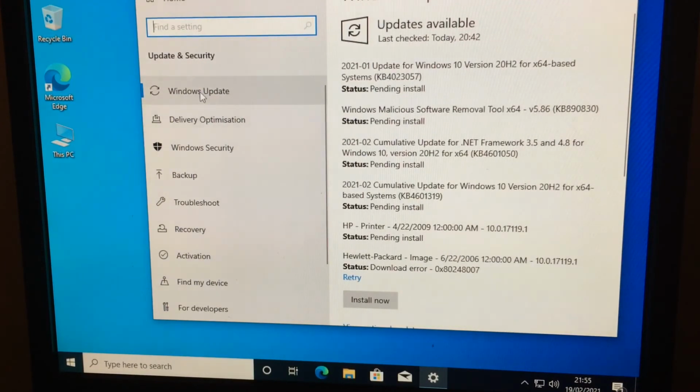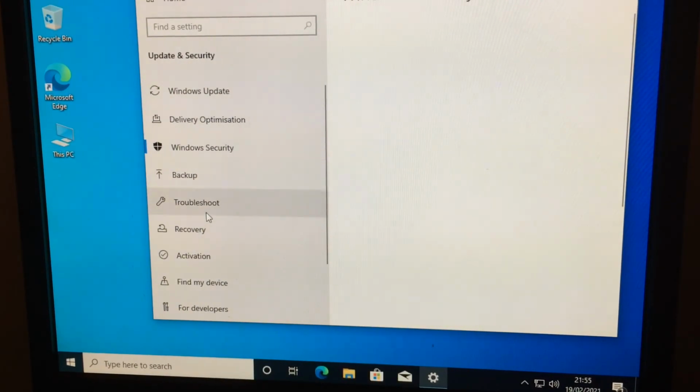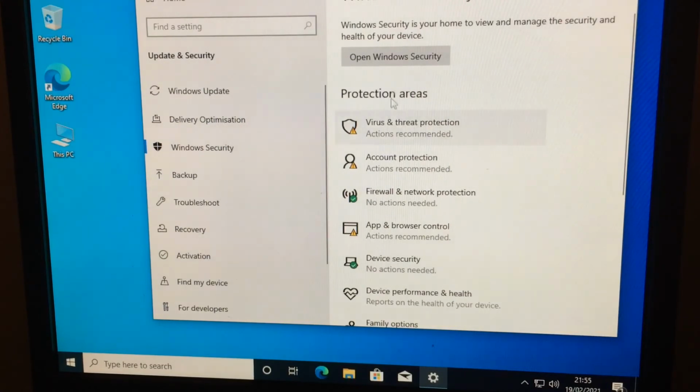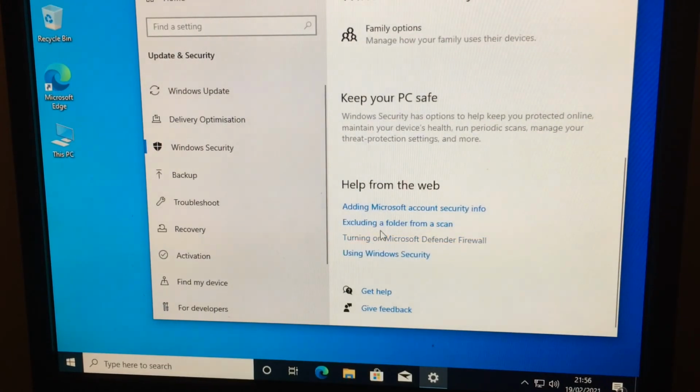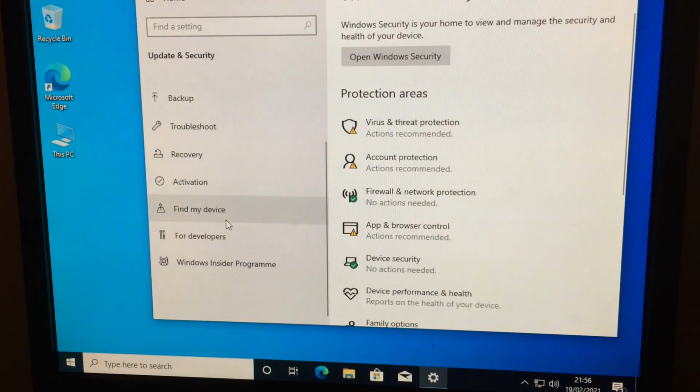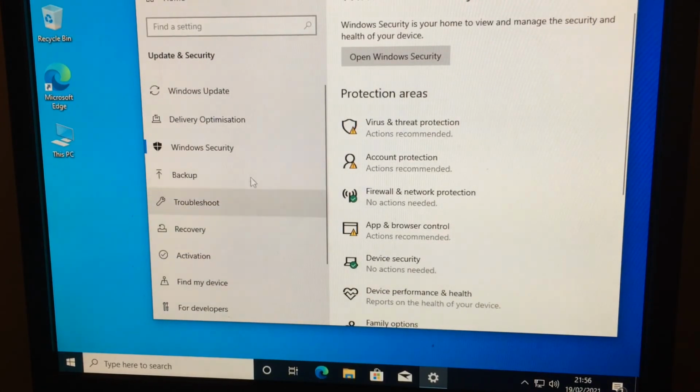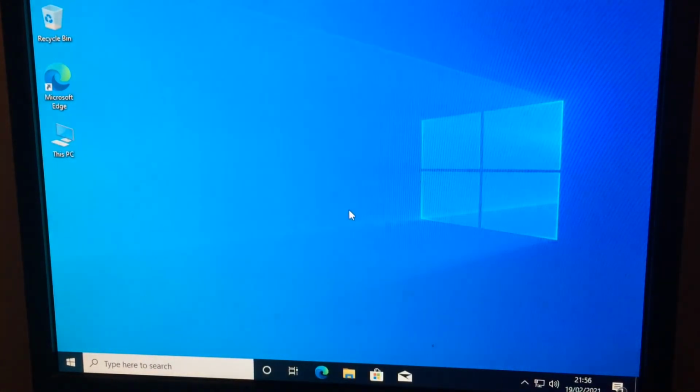So Windows Update, yeah. Windows Security is down here. Open Windows Security to make changes to your firewall. Okay, the next thing I would like to show you is if you want to set up your computer